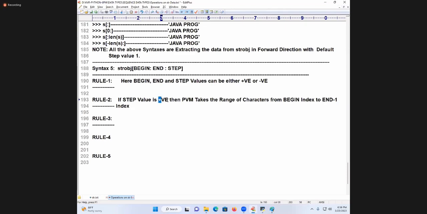If a step value is positive, then PVM takes range of characters from begin index to end minus 1 in forward direction. In which direction? In forward direction. Very important. If a step value is positive, then PVM takes range of characters from begin index to end minus 1 in forward direction provided with the step value. I am writing provided begin index